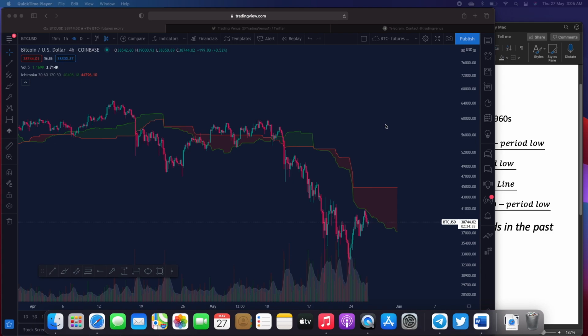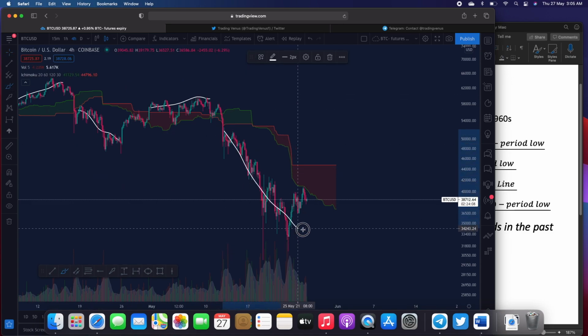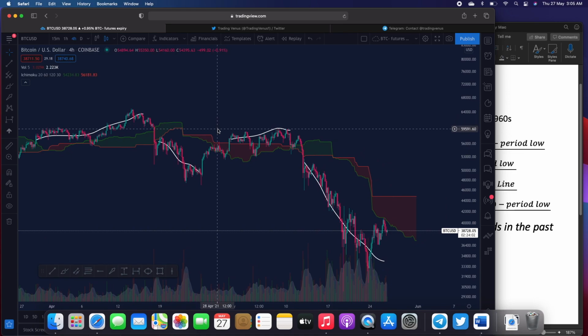Now to understand how to trade using Ichimoku Cloud, first we look at the cloud itself and what are the major things that we can imply using this cloud. So the basics are that whenever we are above the cloud, we are in an uptrend. Whenever we are below the cloud, we are in a downtrend. As you can see here, in a downtrend. So this is the most basic thing: you can look at any chart and, using the Ichimoku Cloud, know whether we are in a bullish momentum or bearish momentum.